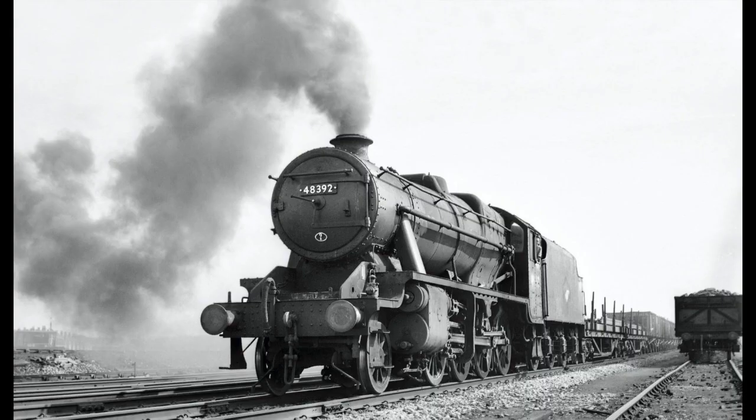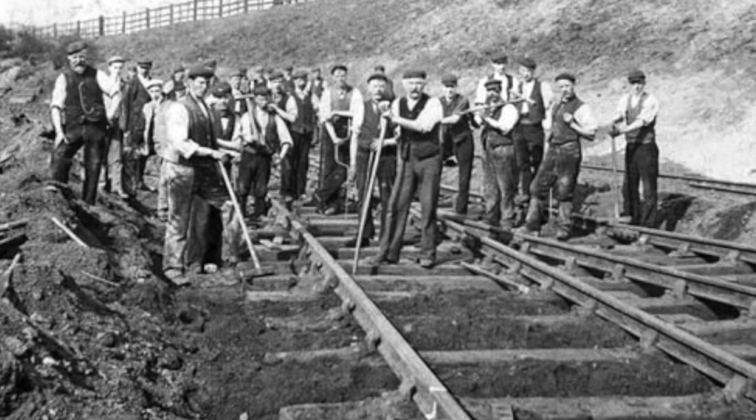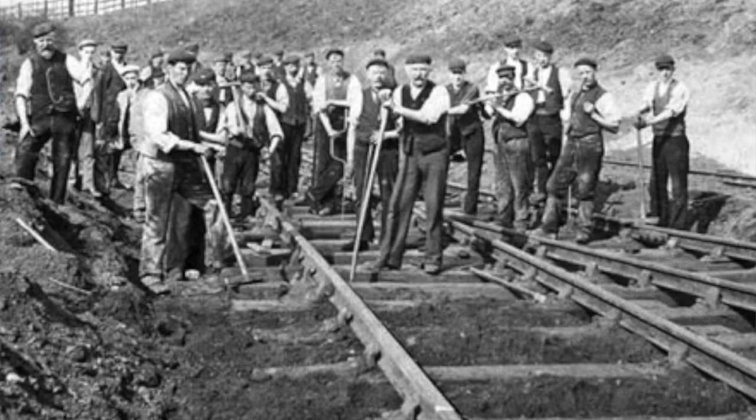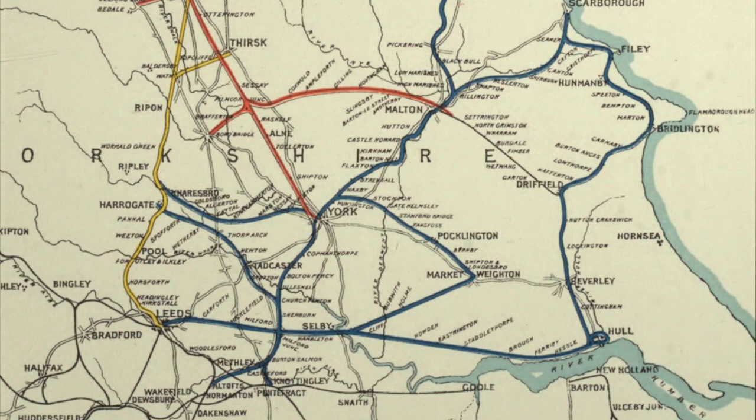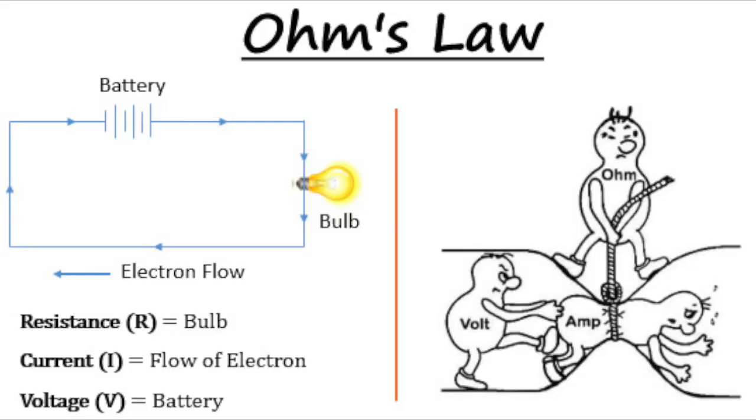In 1816, the steam engine locomotive was introduced, and then further down the line in 1848, there was about 6,000 miles of railway installed, commissioned throughout Great Britain, including this structure, the Crimple Valley Viaduct. George Ohm, who I'll talk about a little bit later, defined the relationship between voltage, resistance, and current. And this relationship we know as Ohm's Law.